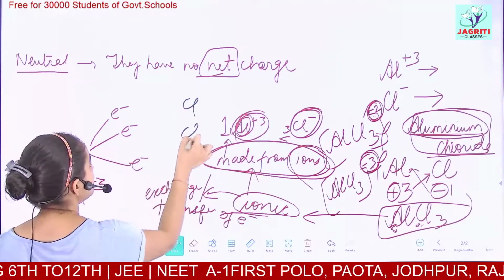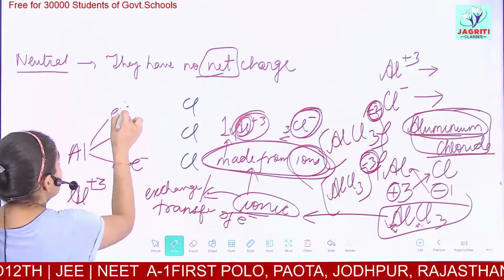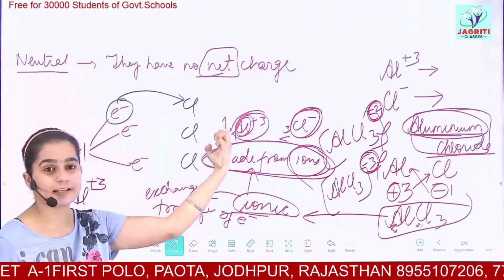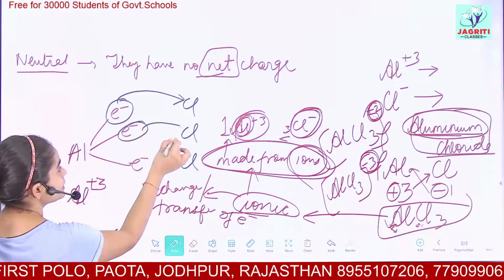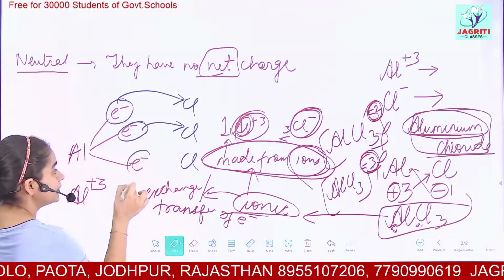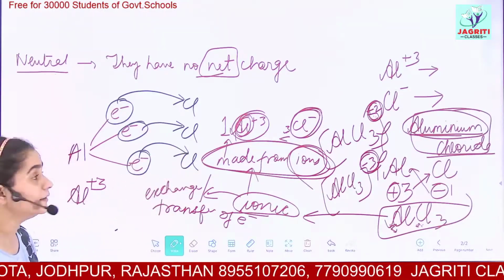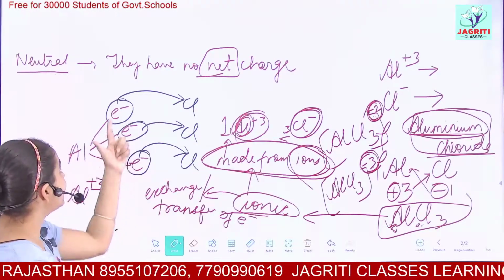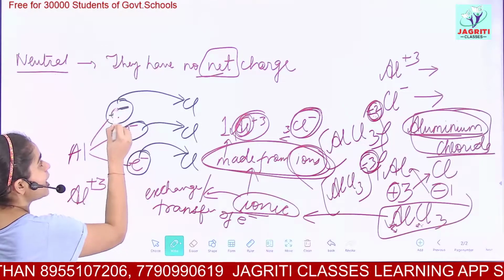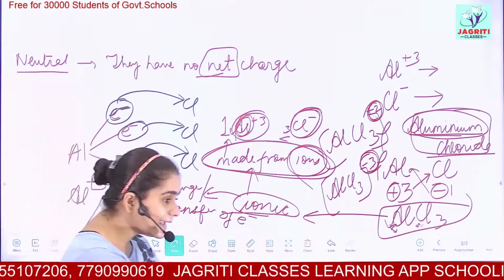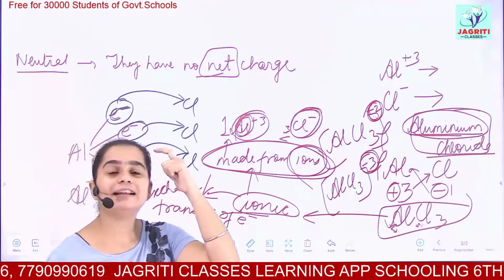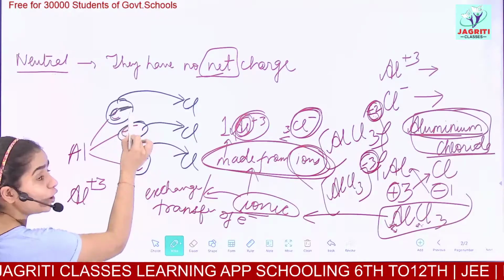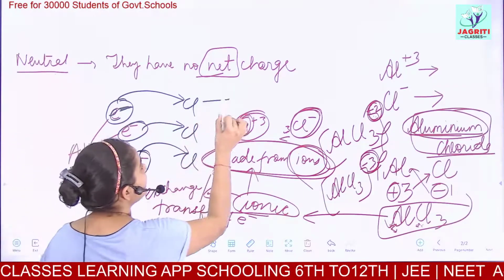Now we have 3 atoms of chlorine. This electron is taken by this Cl. This chlorine attracts or takes up this electron. The next electron is taken by the next chlorine, and the third electron is taken by the third chlorine. This chlorine has gained an electron. And an electron, you know, is a negatively charged particle. So when you take up any negative particle, you will get a negative sign. Because this chlorine has taken an electron which is negative, this chlorine becomes what?